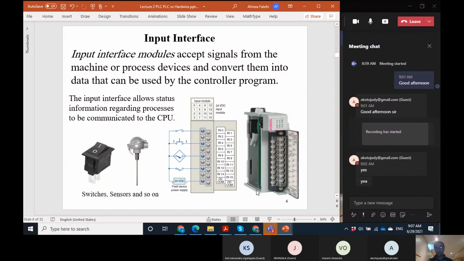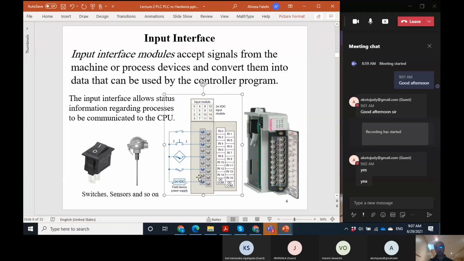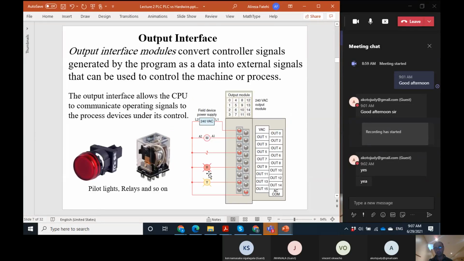So each of them connects to the inputs directly, to the input devices, or if they are output devices, motor, switch, like pilot lights or like that, they are also individually connected